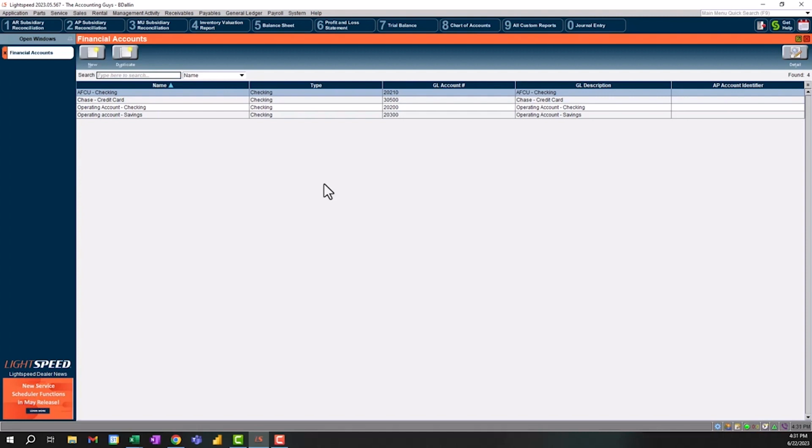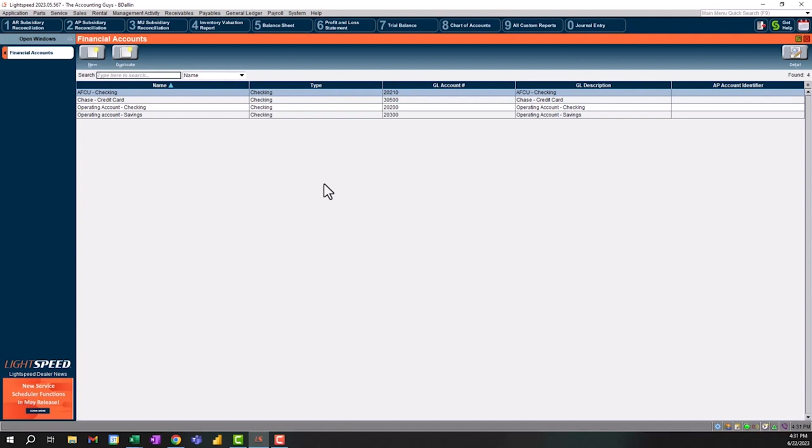account. You can actually create a financial account for any non-scheduled GL account in LightSpeed, so a clearing account or a specific revenue account or something that you might be making adjustments in and you want to get it down to zero and make sure that you have all debits and credits that mark off. But for the most part, it's going to be a bank account or a credit card is what you're going